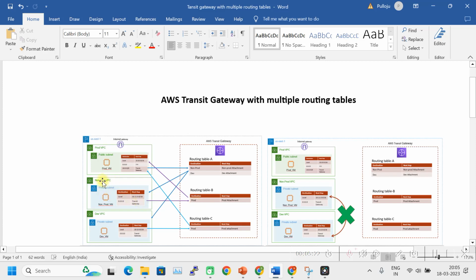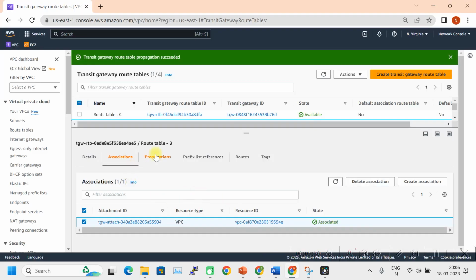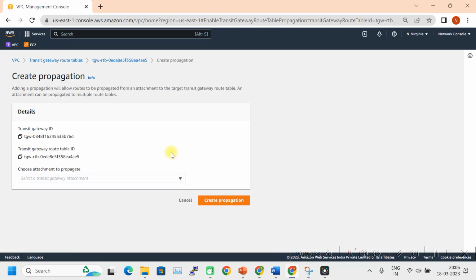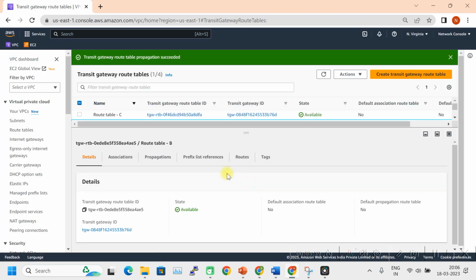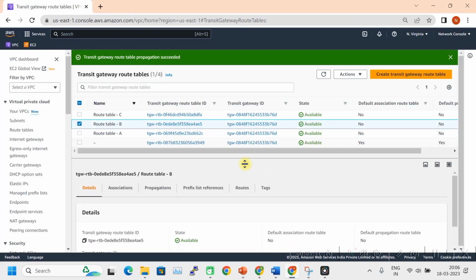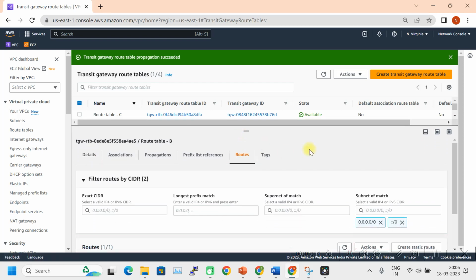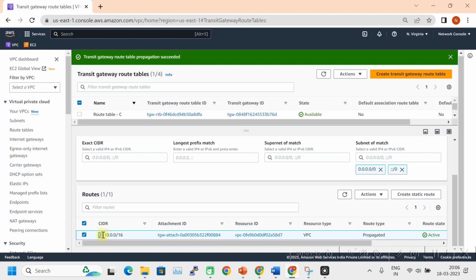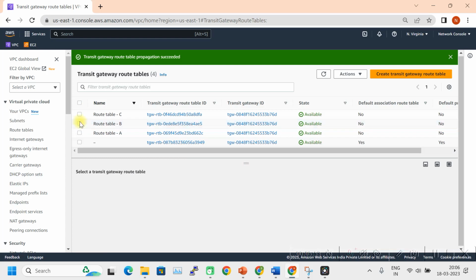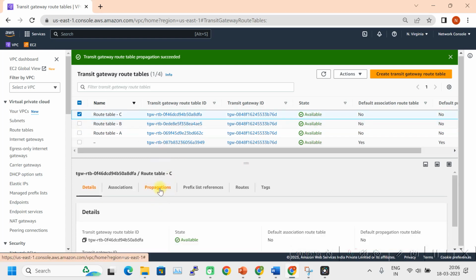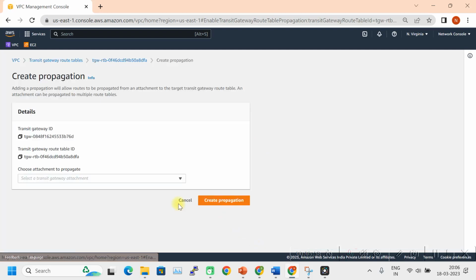This attachment is related to non-prod VPC, and this route table should contain only prod VPC, right? So let's go back to the console, click on propagation, create propagation, and select prod VPC attachment, create propagation. This is done. So if you go back to the routes and check, this is towards prod network, we have a route. Similarly, select route table C and click on propagations, create propagation, and select the prod VPC attachment,